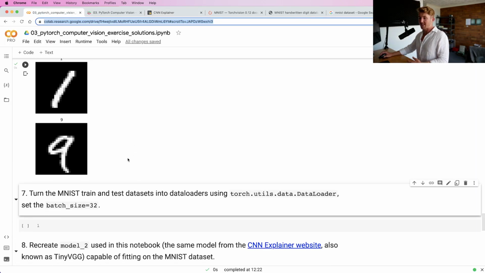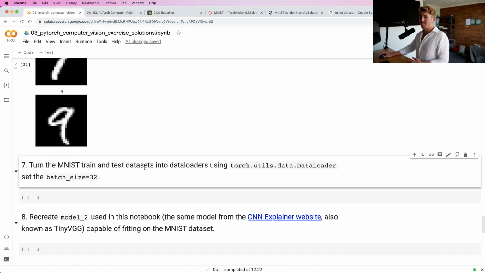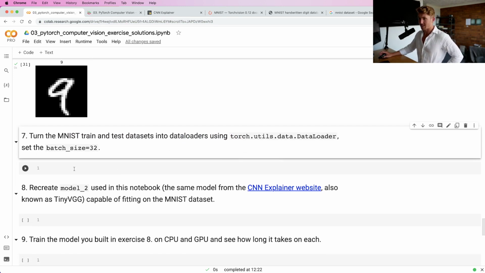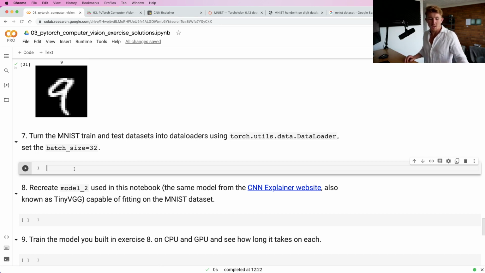Let's keep moving forward. Exercise 7. Turn the MNIST train and test datasets into DataLoaders using torch.utils.data.DataLoader. Set the batch size to 32. So what is a data loader? Well, we have a data set. A data set is just a big chunk of data, whereas a data loader is generally in computing,